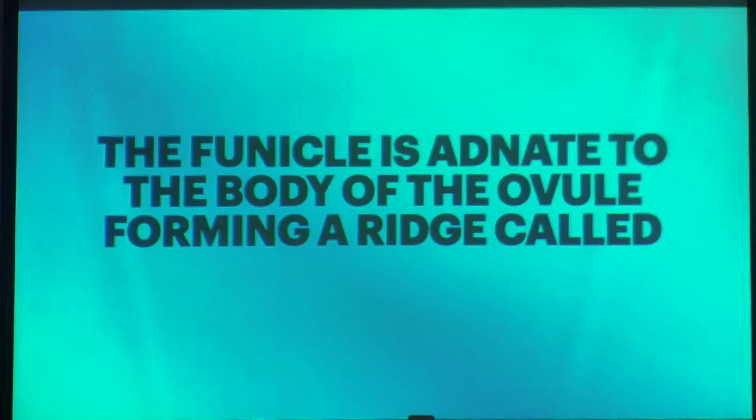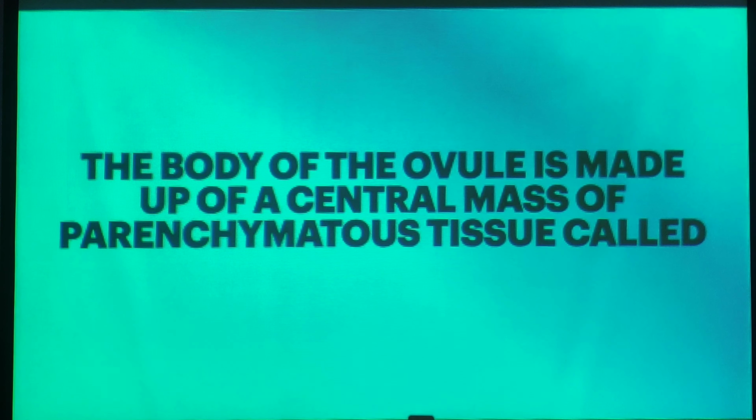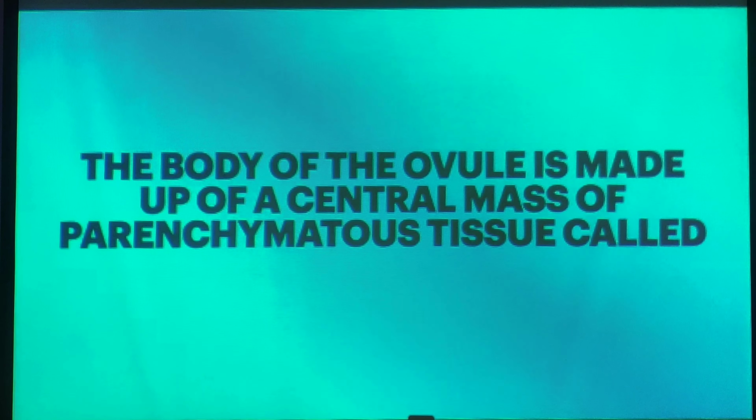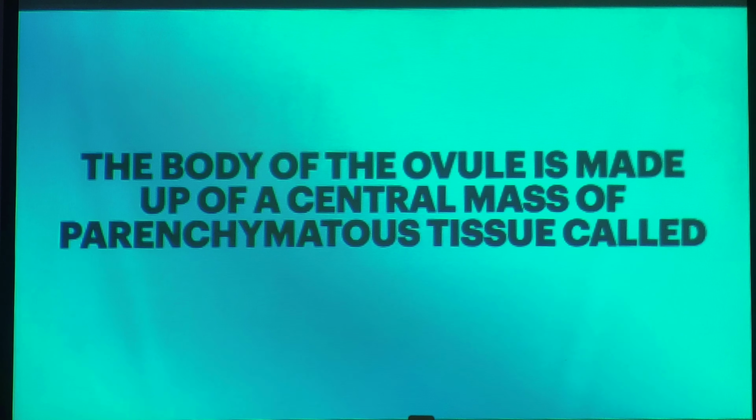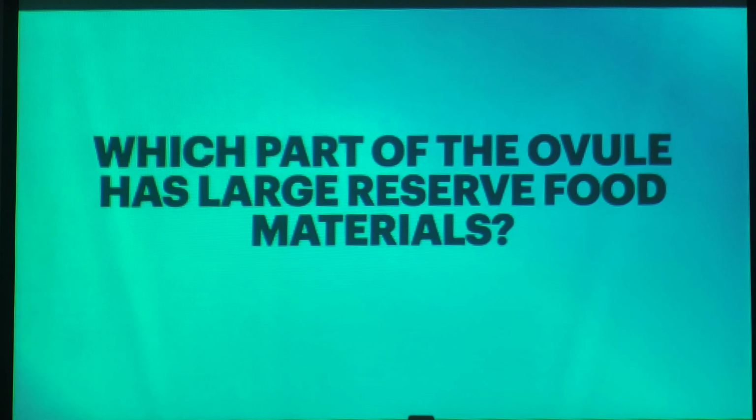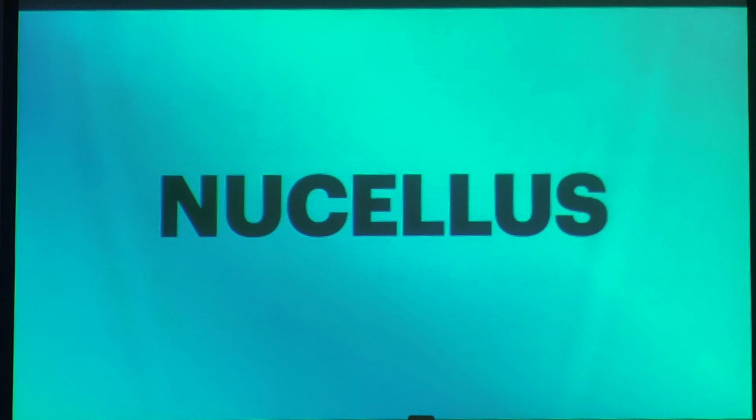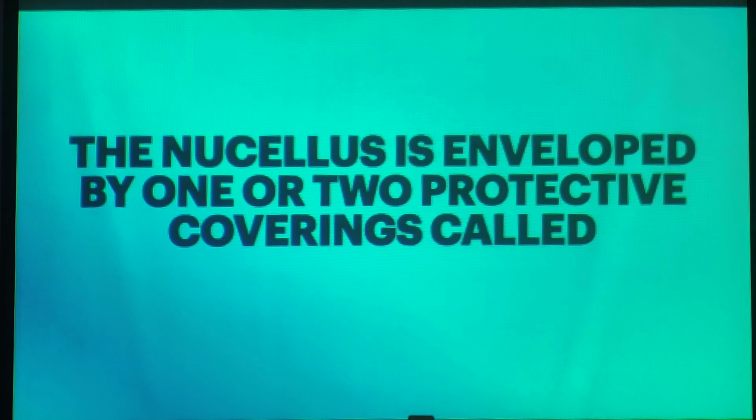Inverted ovule. The funicle is adnate to the body of the ovule, forming a ridge called raphe. The body of the ovule is made up of a central mass of parenchymatous tissue called nucellus. Which part of the ovule has large reserve food materials? Nucellus. The nucellus is enveloped by one or two protective coverings called